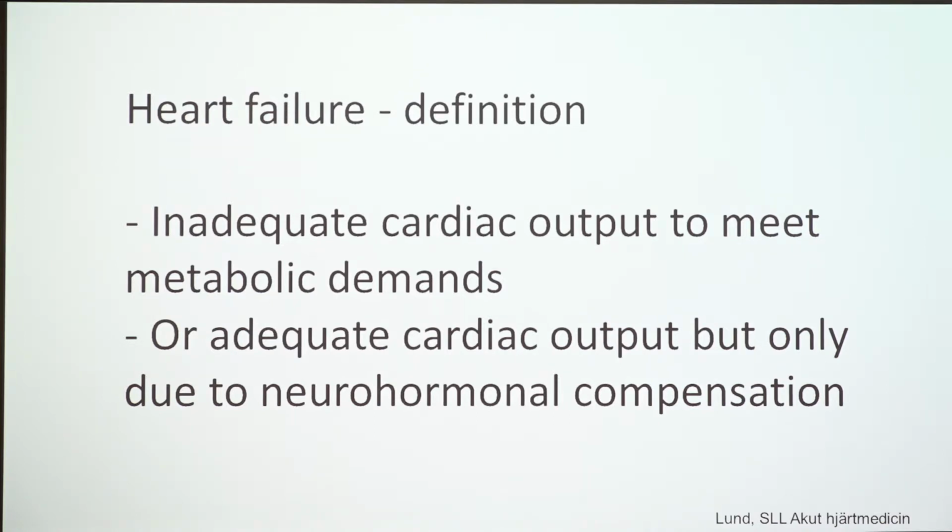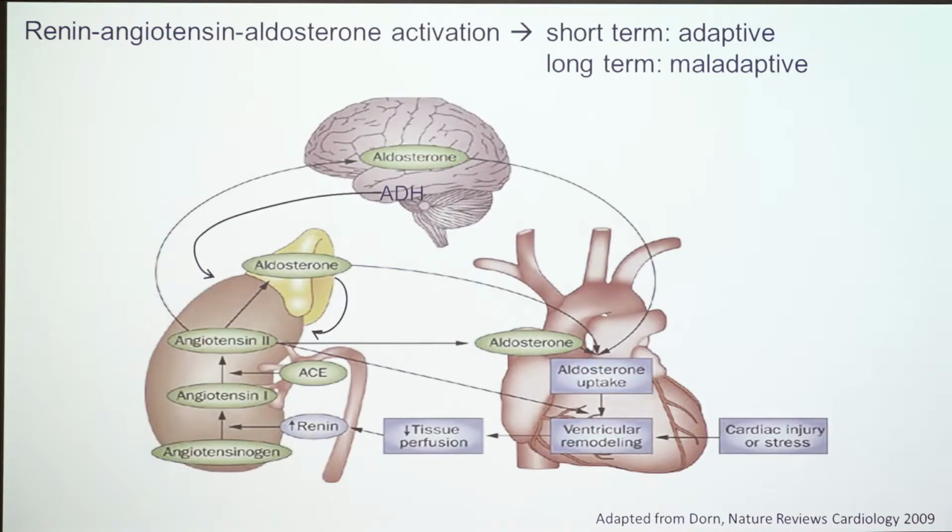And patients can live like this for many years. So that's the definition of heart failure. Focus on the bottom part. And what are these different systems? And this is physiology now. This is human physiology. And this is central human physiology to regulating vascular function, cardiac function, kidney function. So it's very central. And very central is the renin, angiotensin, aldosterone system.